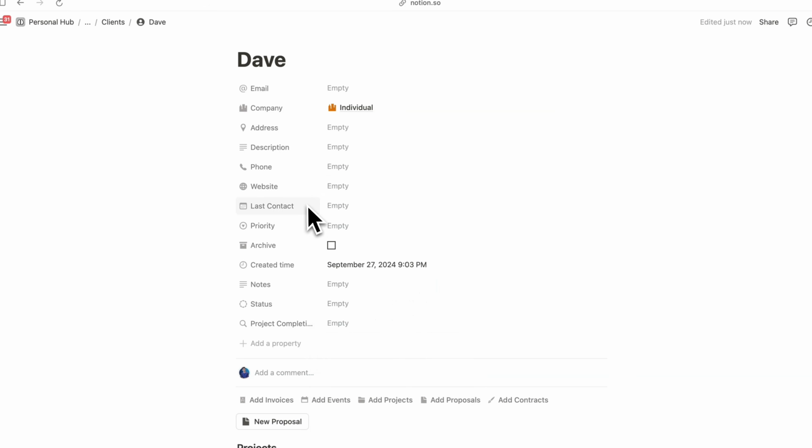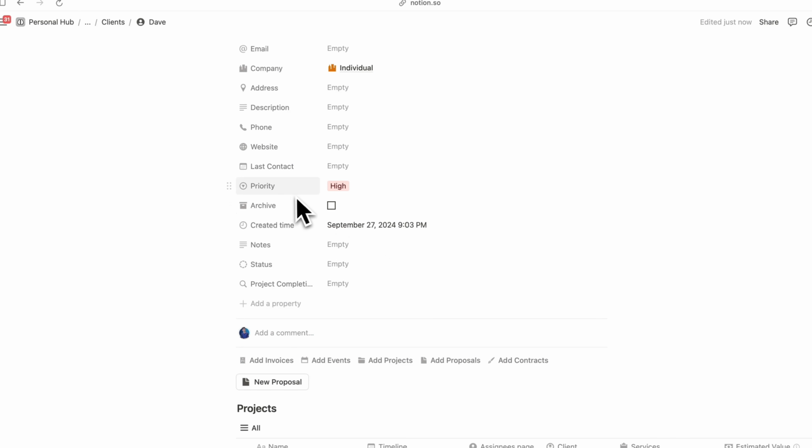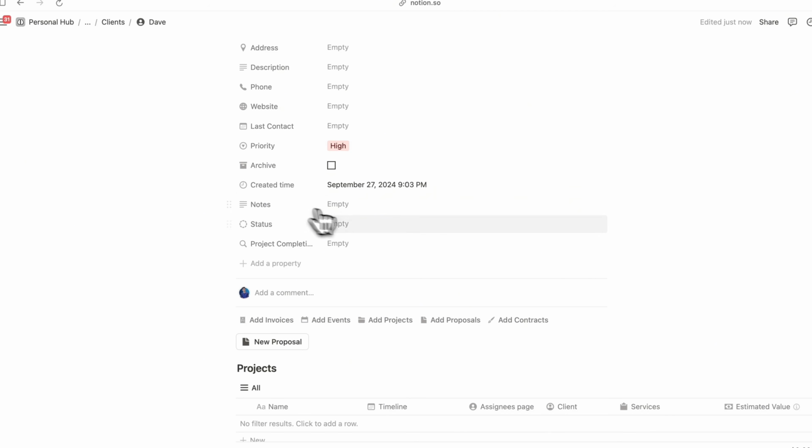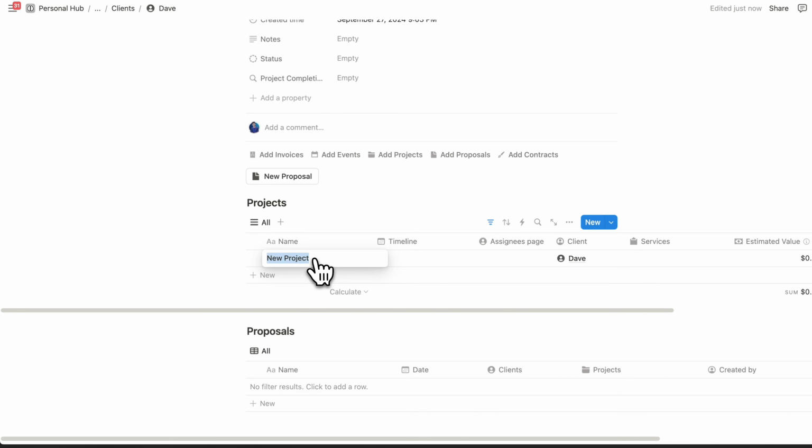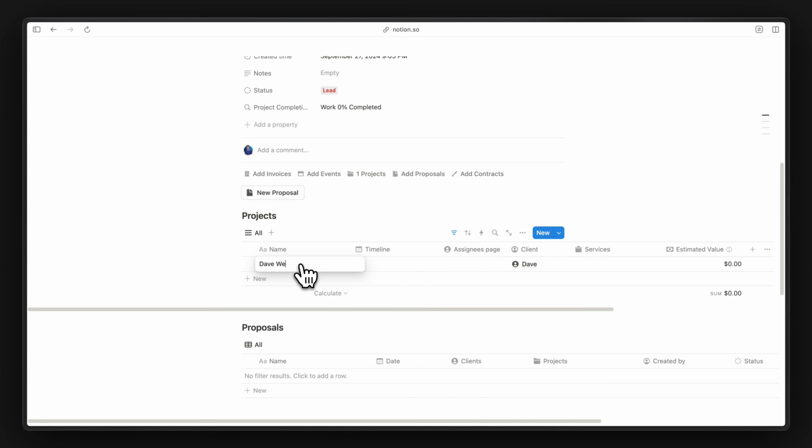We can add the last contact date, the priority, and we can also go ahead and add some notes if you want. And the status is automatically updated based on the project of our client, which we are working with the client for. Now we can add a new proposal from here, but let's just go and add a new project for Dave. So this is Dave, let's say website development